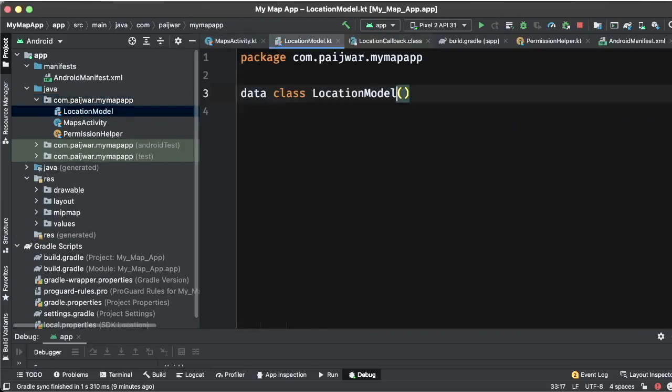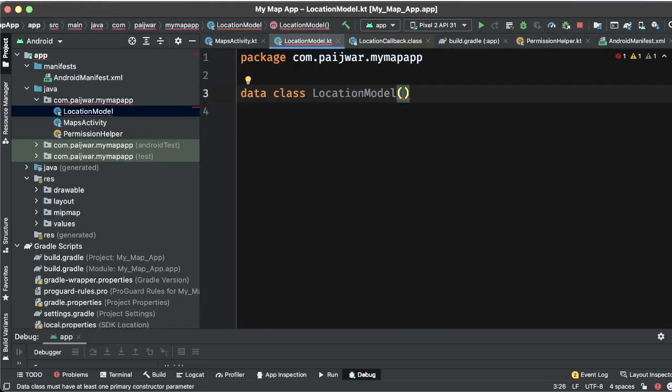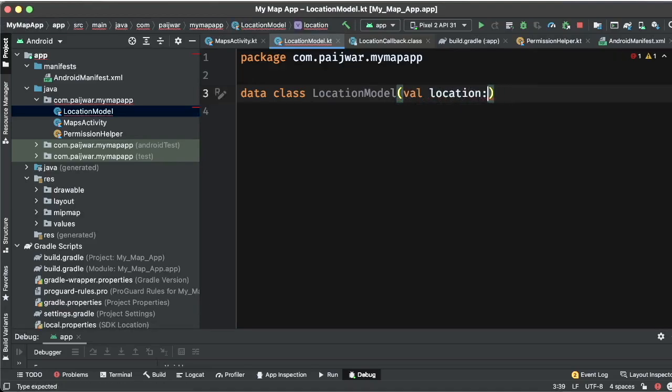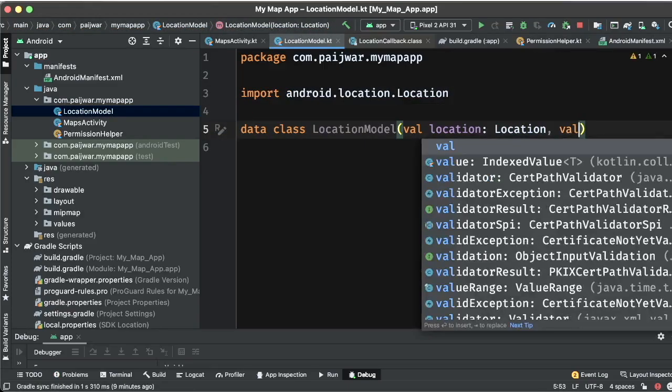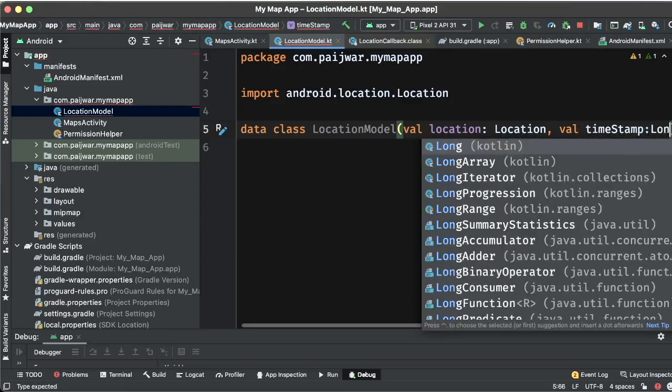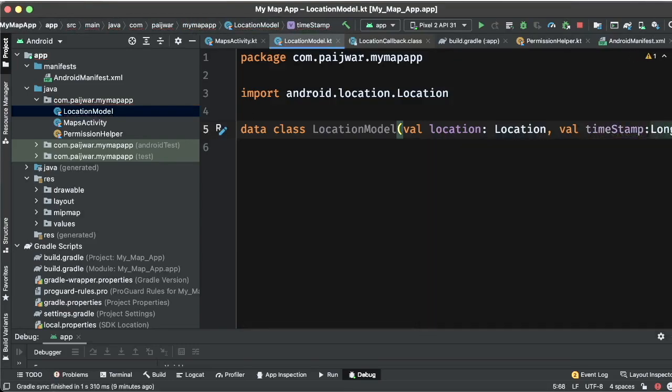It needs a location, and the second part that I will need is a timestamp, and that will be long. These two parameters are enough for us to map it.